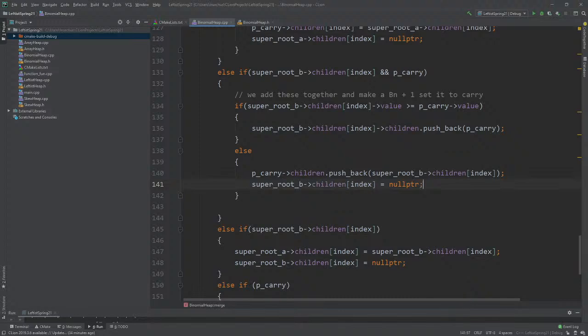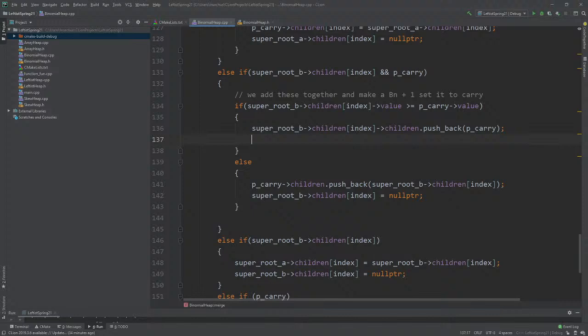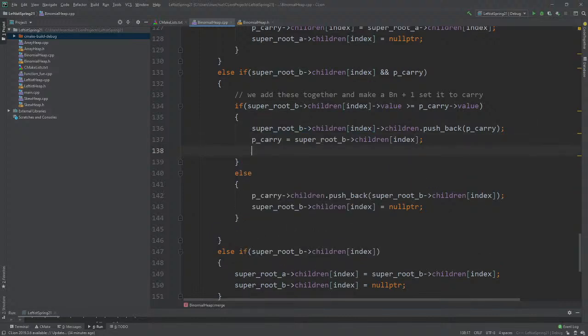Okay. So we're going to be children push back. So then we set